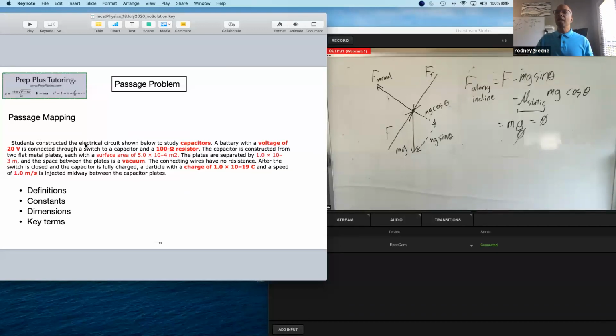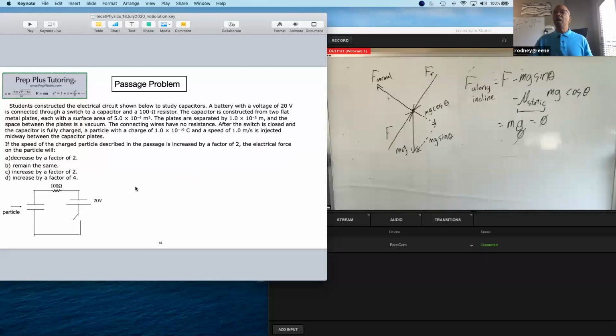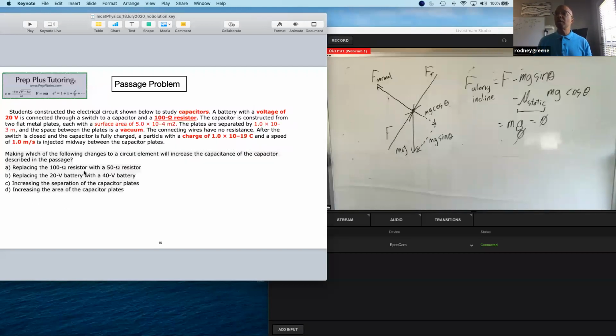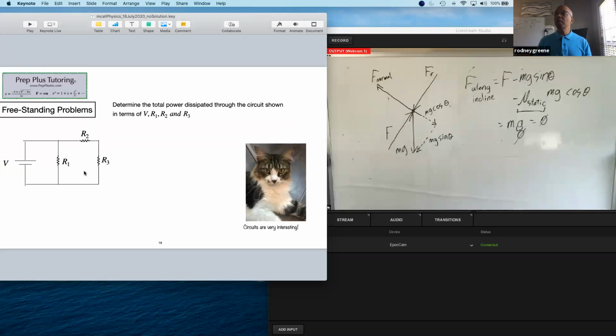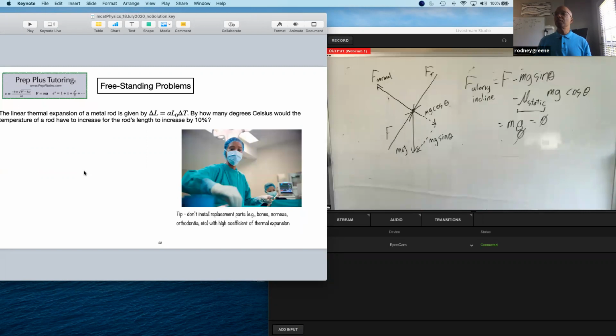And then you would go ahead, and here is a question, and then you might have three or four more additional questions for this one passage. And I just wanted to go through real quick. Here's another picture of my cat. When you have a dry presentation, you should always put pictures of animals to maintain interest.